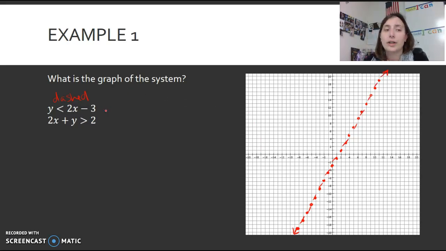Now, I'm going to go ahead and figure out which area I'm going to shade, but instead of shading that whole region, I'm just going to draw little arrows to say that that's the direction I will shade. And the reason I do that is so that I don't have to determine what needs to be shaded more than something else. So I'm going to plug in the point 0, 0. So I'm going to have 0 is less than 2 times 0 minus 3. So 0 is less than negative 3, which is false. And so that means that this one is shading